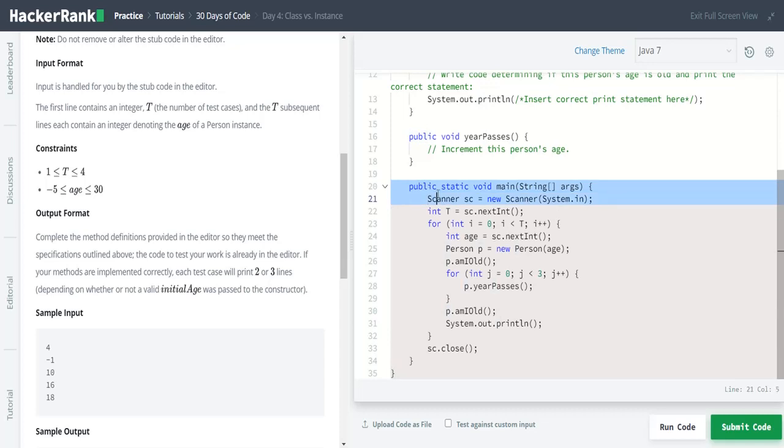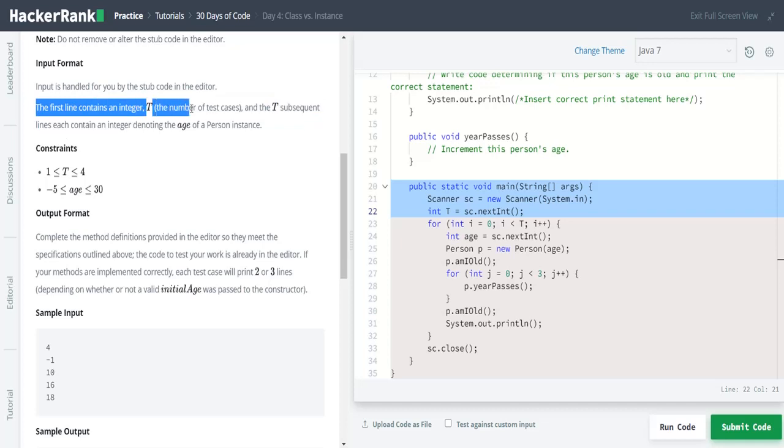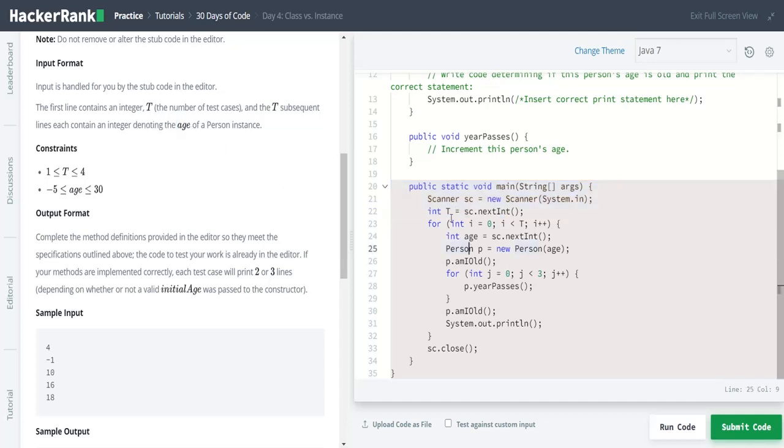Here you can see public static void main and the Scanner class. Then they have declared t. So what is t? The first line contains an integer t, the number of test cases. This is reading the number of test cases, and t subsequent lines contain an integer denoting the age. You can see they have used a for loop, where i is assigned 0 and the condition is i less than t.